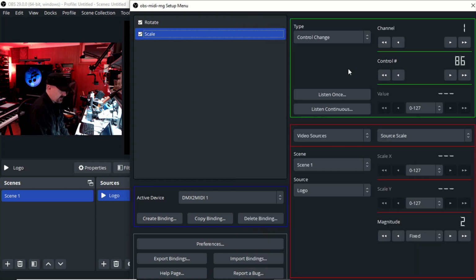So here is the binding here. Once again, it's a control change. MIDI channel 1, we're listening to CC number 86. We want to respond to the full value 0 to 127. And once again, we're going to control a video source on scene 1, which is my logo clip. And for this one, we want to do a source scale. So that's going to make the video bigger and smaller. I want it to respond to values in the X direction and the Y direction. So we'll set both of those 0 to 127. And finally, I'll set this magnitude parameter to 2. And what that's going to do is set the video to full screen when the input value is